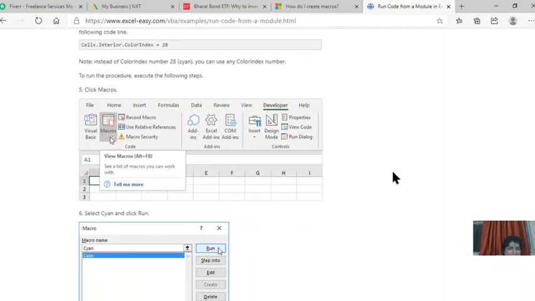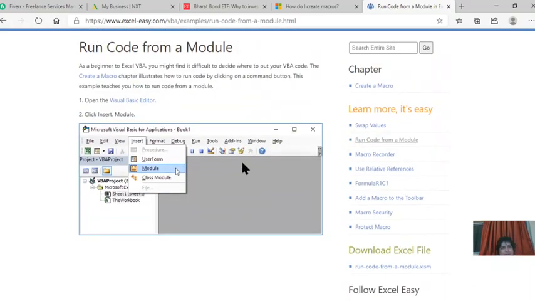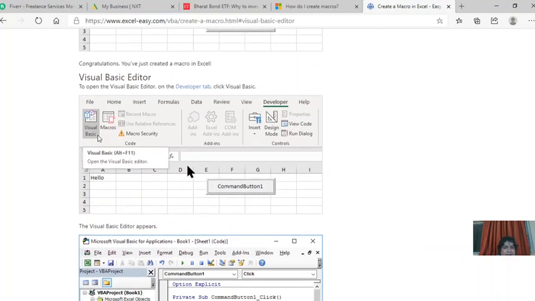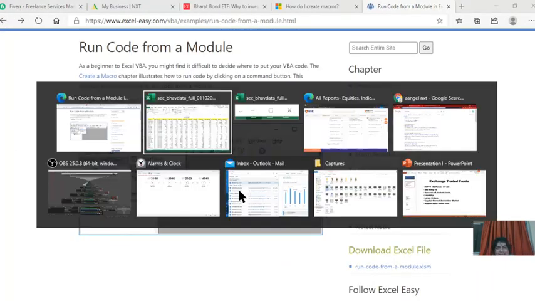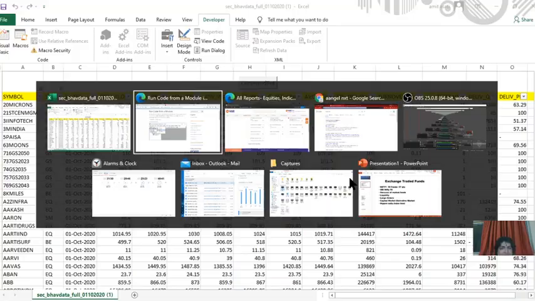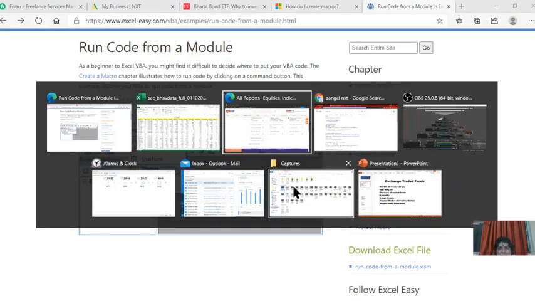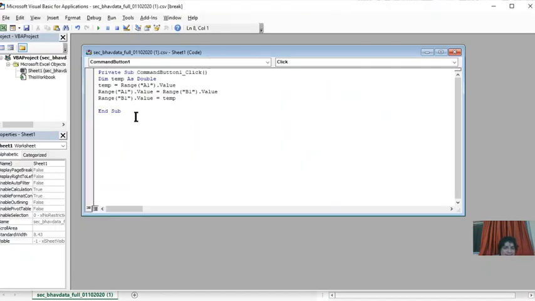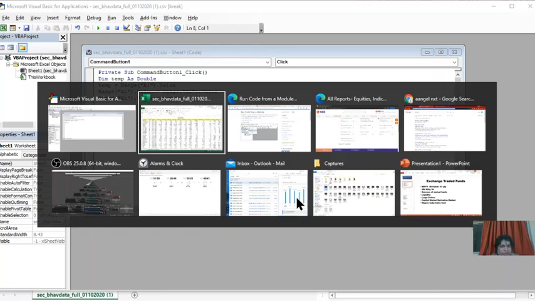So when we place that code line, we will repeat like this. We are opening the Visual Basic editor, and when we click here, the Visual Basic editor will open here. For that purpose we will go to Microsoft Excel again, and this is the Visual Basic editor, we can directly open it from there.